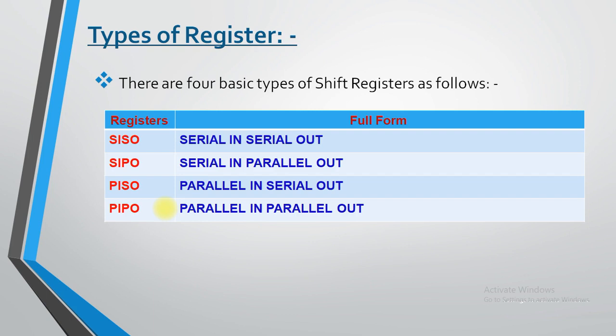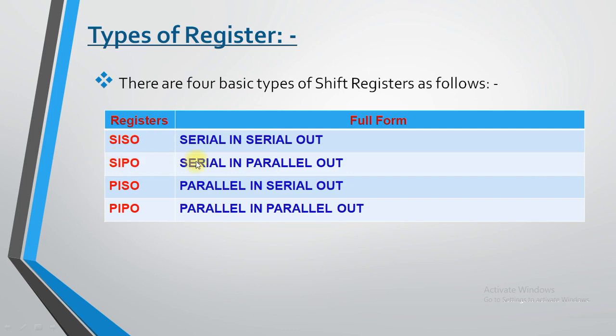Yes or no? Now see, you just need to remember the difference between parallel and serial. With parallel, all the data is shifted all bits at a time. And when you are going to use serial, at that time you are going to shift 1 bit of information at a time. So when there is a requirement to input or output your data in the form of serial, at that time you can use the first register type.